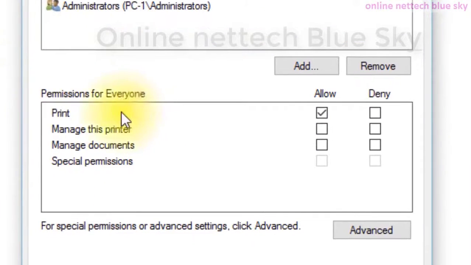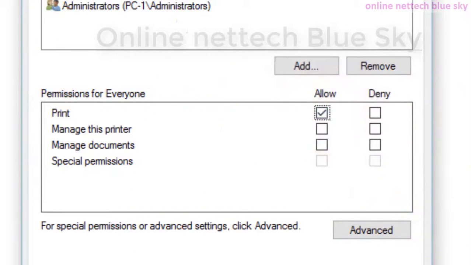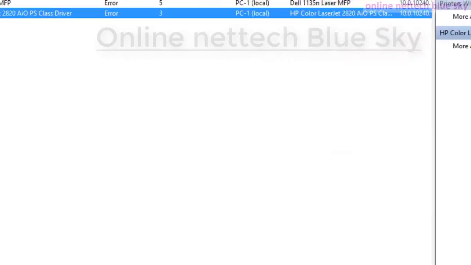You can add a group, you can remove a group, but first we are talking about and understanding permissions for Everyone. So what is the permission for Everyone? You can see Allow and Deny here. Allow means you click allow for your permission, and deny means you deny the permission.